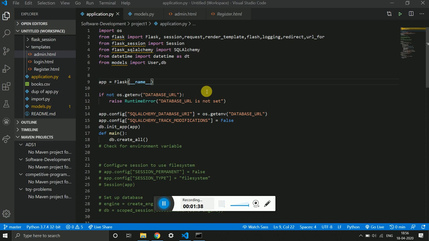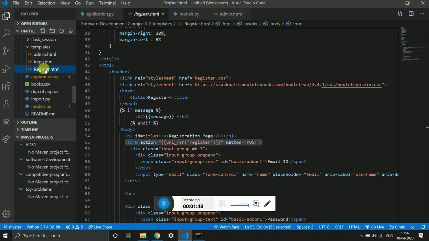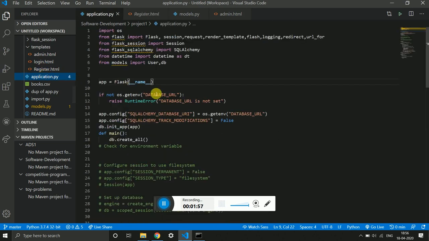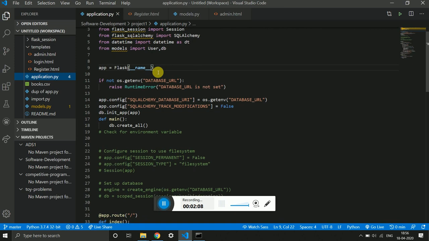In the initial stages, I have created login.html and register.html, two HTML pages to display and render the details. The rendering part will be done in application.py. What I did is I created a variable called app, which is a Flask object.